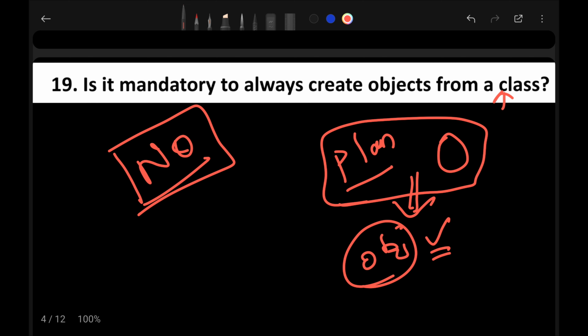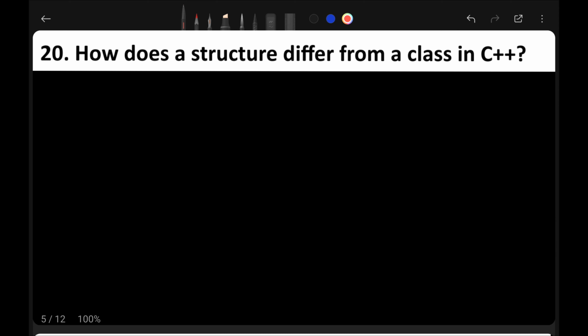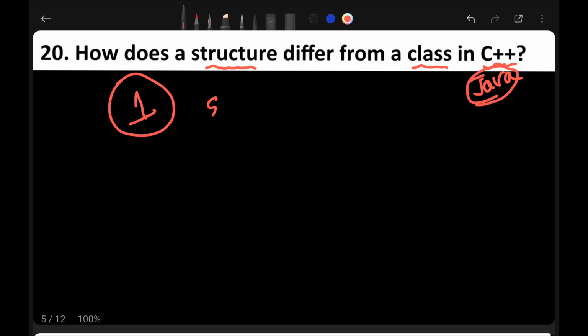Okay, now the next question. I think this question might surprise some Java coders, because if you code in Java, I don't think you might really know the difference in the interview. How does a structure differ from a class in C++? There's only one major difference. What is that? In a structure,